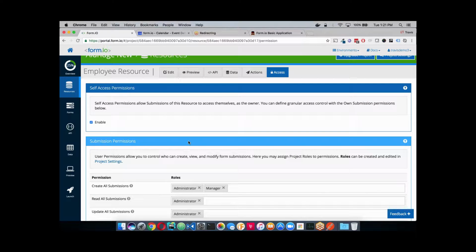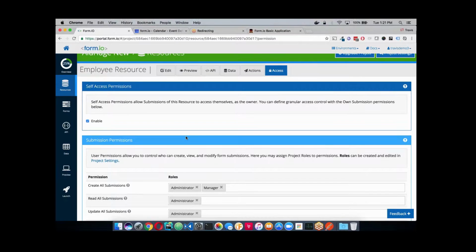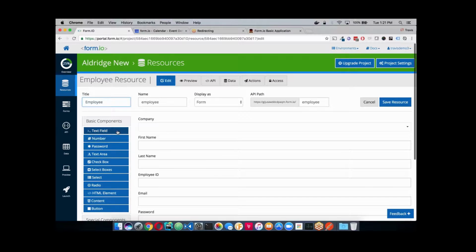I can actually walk you through how to do that as well. How you can assign certain resources to others, so I can assign an employee to another resource, and through that assignment they have access to it. Now that's actually something different. What you're doing there is establishing permissions based on a field assignment, where I would drag, let's say,